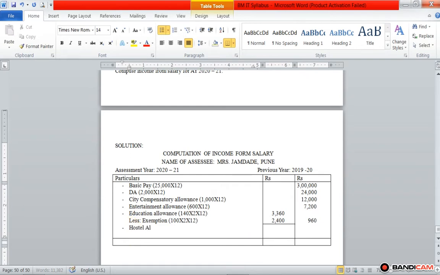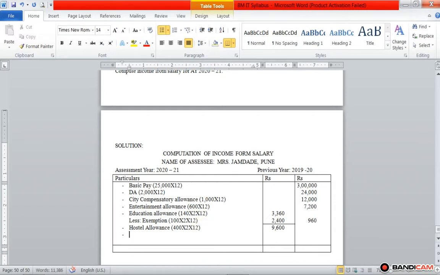Hostel allowance amounted to rupees 400 into two children into 12 months. So here the amount of hostel allowance in the inner column is 9600,